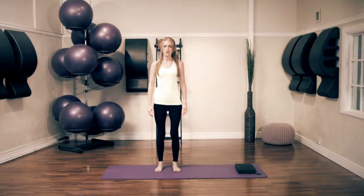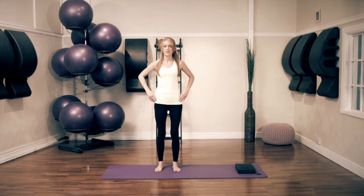Right, so posture first. So let's get our feet in line with our hips, toes forward. Think about that weight-bearing triangle between the big toe, little toe and heel. Just make sure that feels nice and even between each foot. Let your thighs then relax, and then if you can place your hands onto your pelvis, we'll find